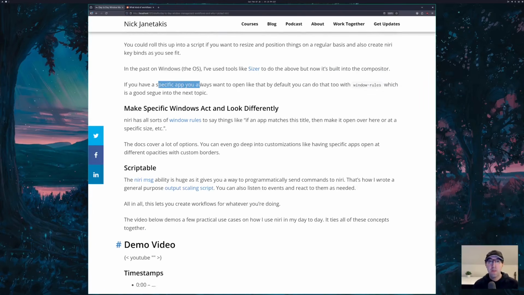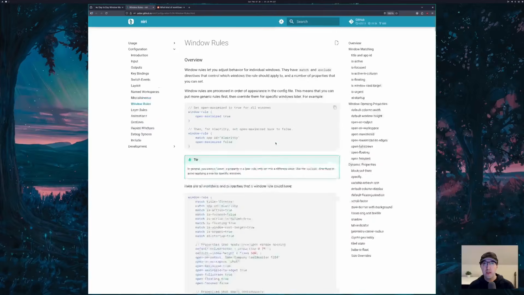Now, if you have a specific app that you always want to be opened in a certain way by default, then you have this idea of window rules that you can apply. And it's a really good segue into the next topic here, which is making specific windows or specific applications act and look differently. Now, yeah, when it comes to window rules, there's all sorts of different things in niri's documentation here